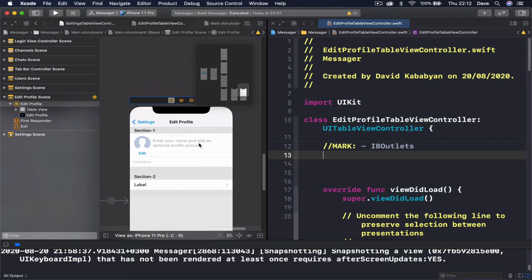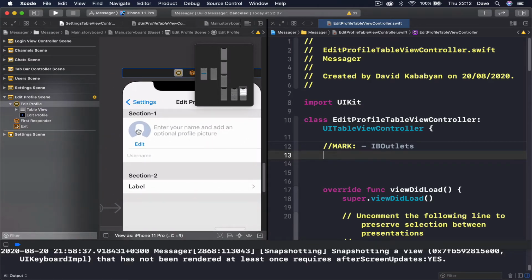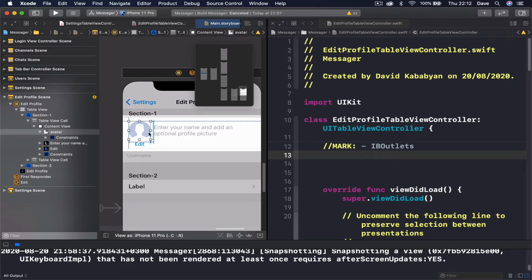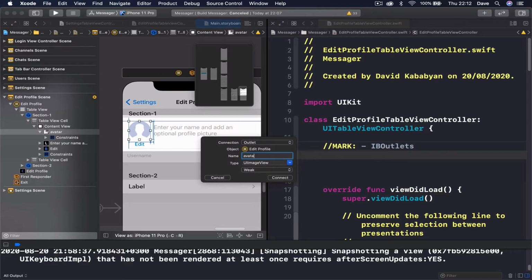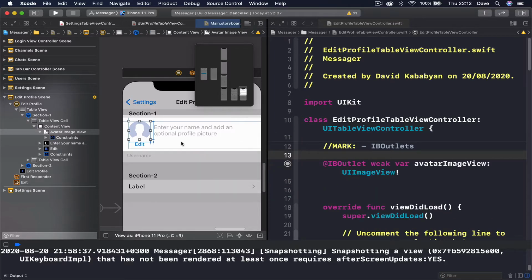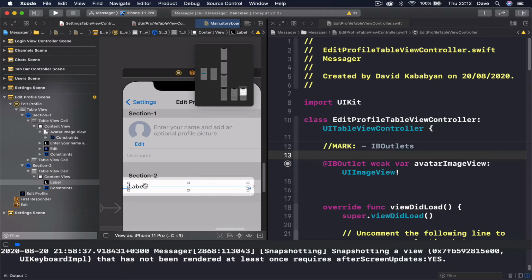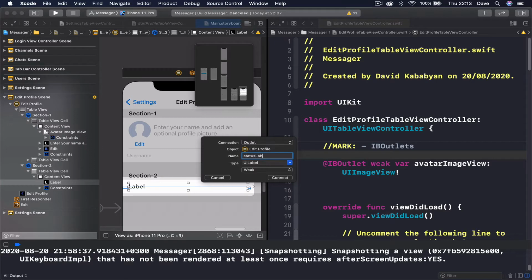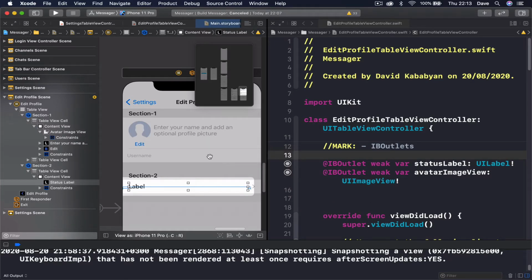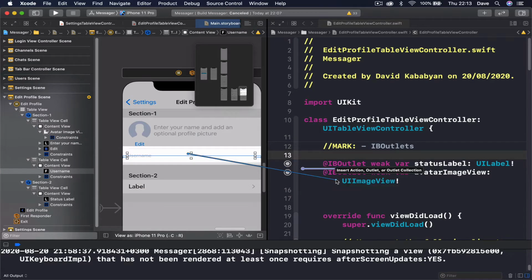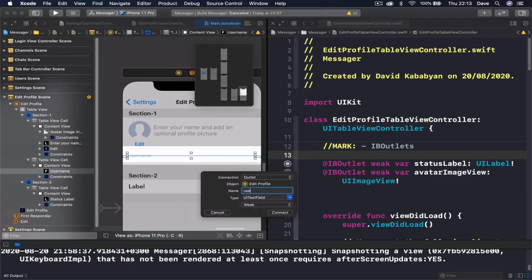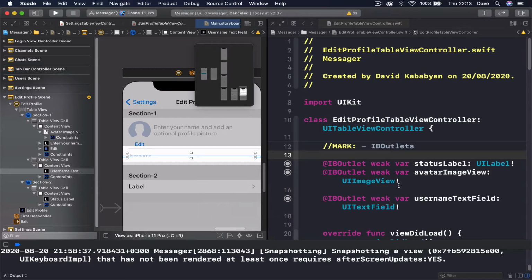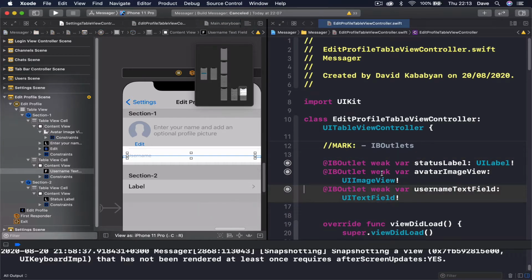So we have our avatar image view, then we have our status label, which is the one here, and also we have this username text field. Okay, we have three things here to connect,